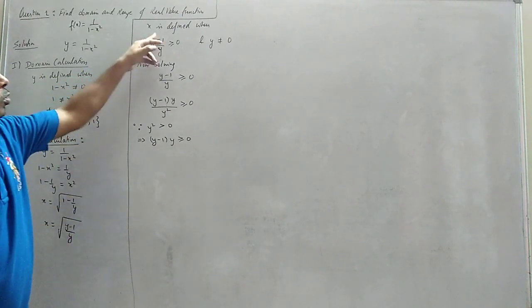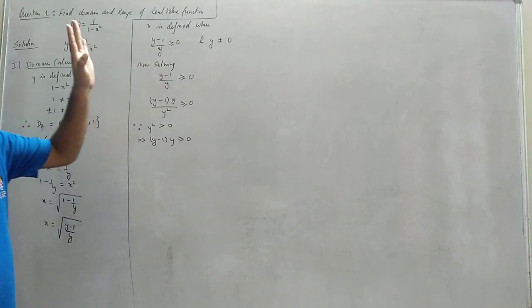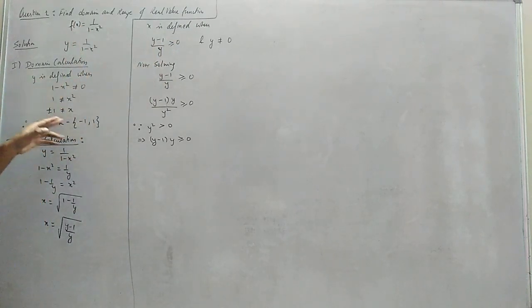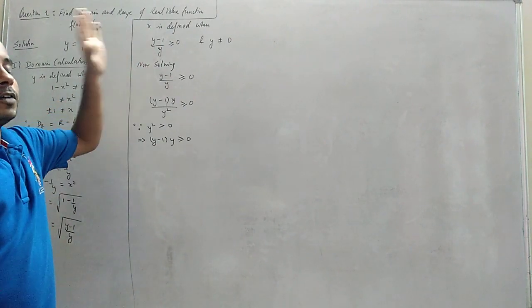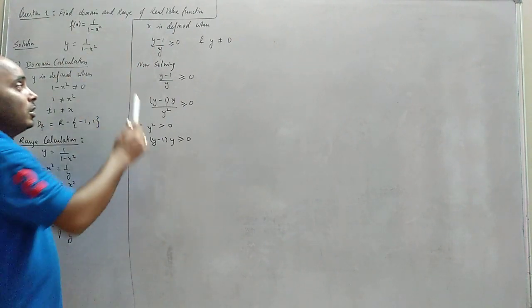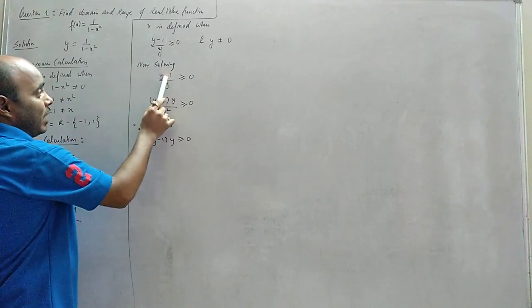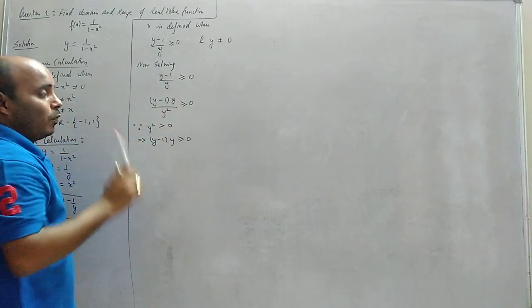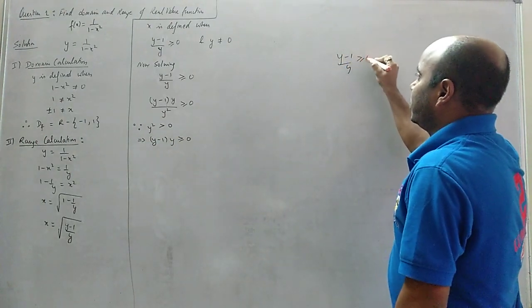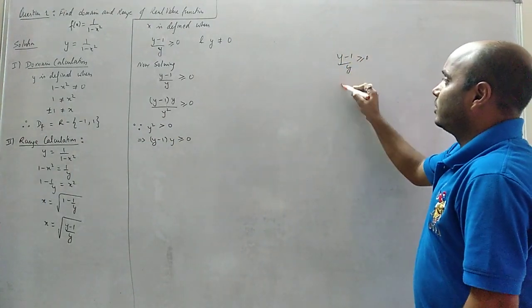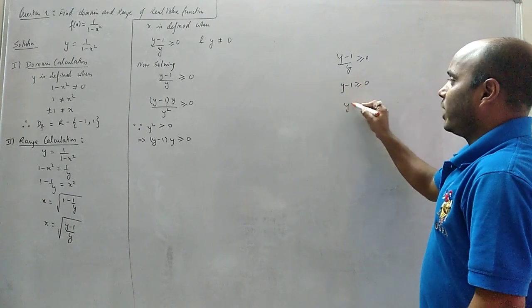Now we will learn how to solve these inequalities. These inequalities are very easy to solve, but fraction inequalities are very tough to understand. So listen very carefully. Now solving this, y minus 1 by y greater than or equal to 0. What does a student do? Let's first talk about mistakes. They do it like this: y goes to the other side, y minus 1 greater than or equal to 0, y greater than or equal to 1.